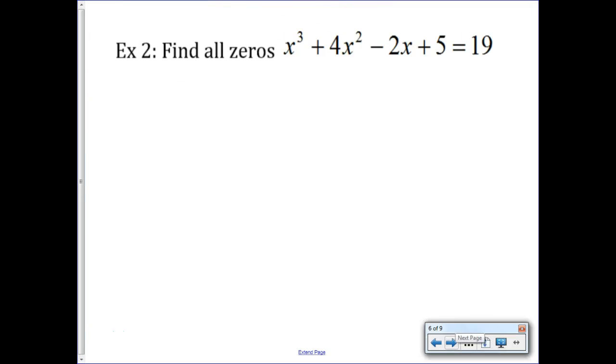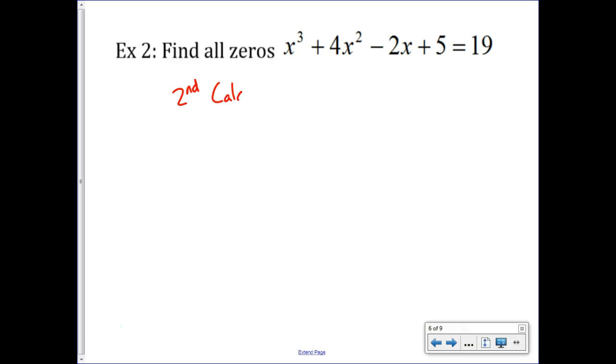All right, find all the zeros of this. Well, the first thing you need to do, well, you can do this a couple different ways. I would move the 19 over and set it equal to 0. But we are just going to plug this in our graphing calculator. So you could move the 19 over, set it equal to 0. And then you're going to do second